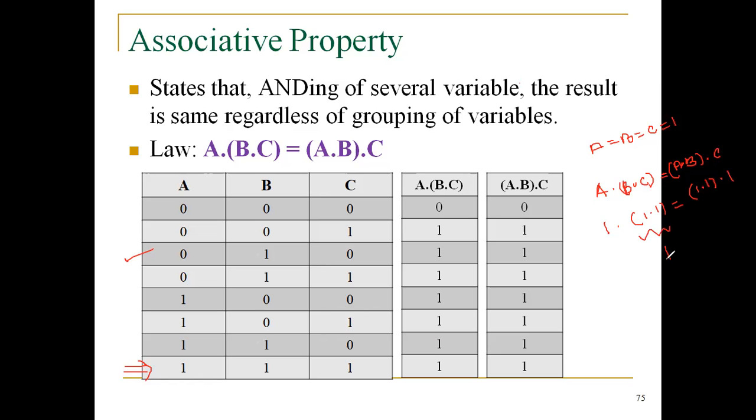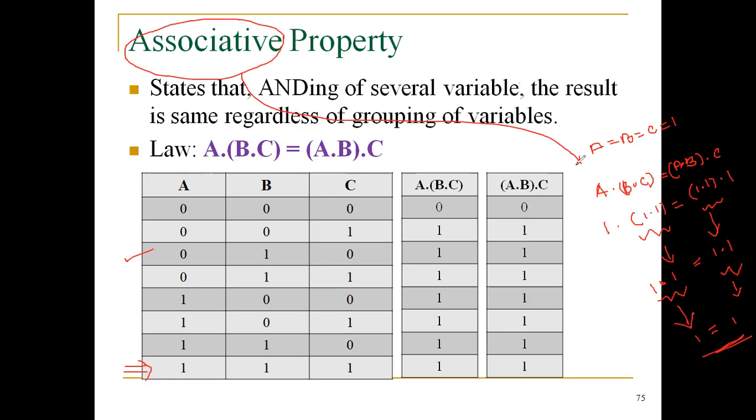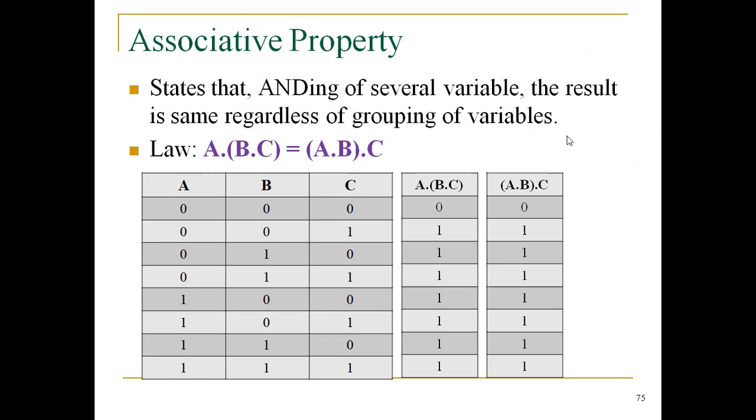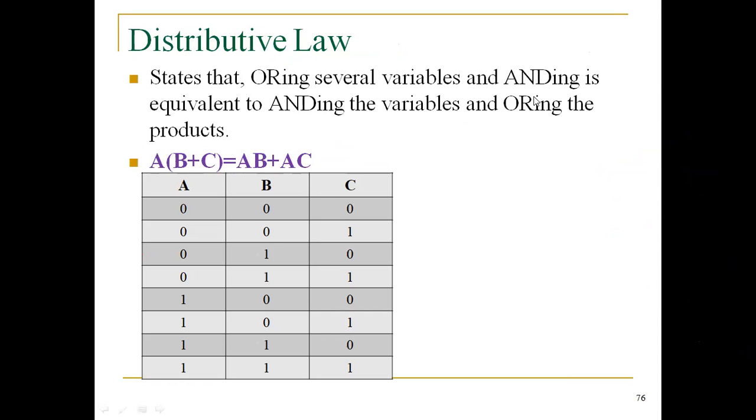So this results in 1, again logically multiplied with 1. So the result of this is again 1, equal to 1 again. So this is the associative property by using logical multiplication, or the dot operator. Similarly, you can choose any variables and justify this particular law. Now I am moving to another law, that is the distributive law.